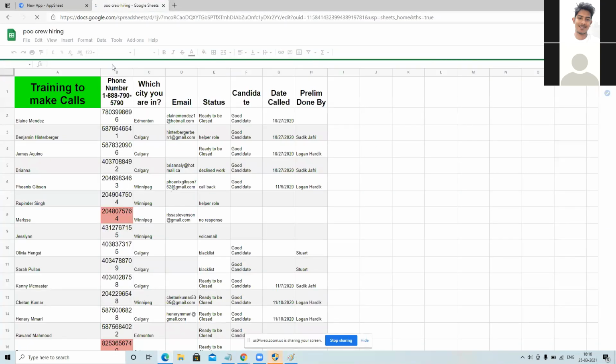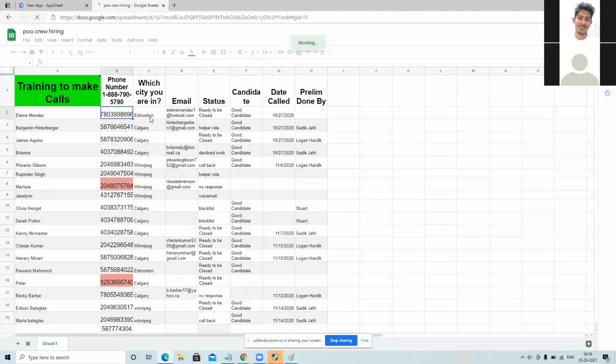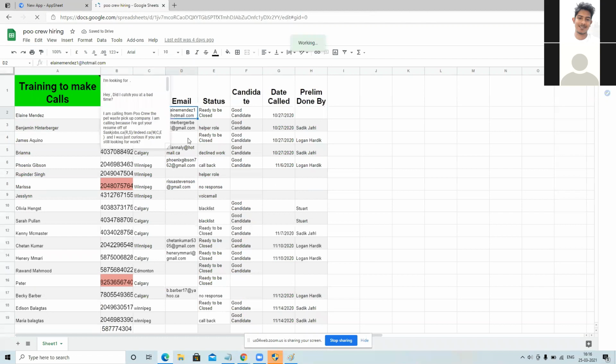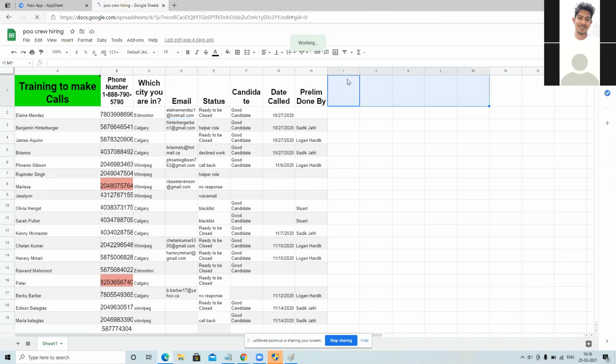These four columns, name, phone number, city, and email, come from the UFU form, automatically dumping here. In the other columns there will be a lot of questions. I didn't copy them, but what type of work you do, what is your availability, if you have a car, those are all questions. Simply, it is like a form.